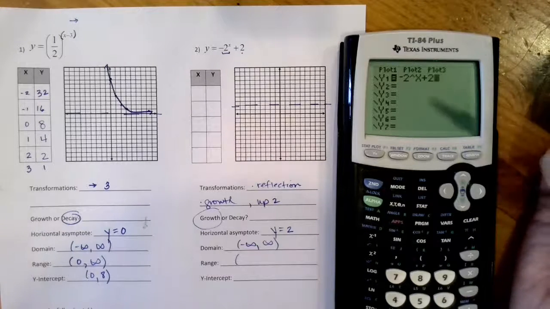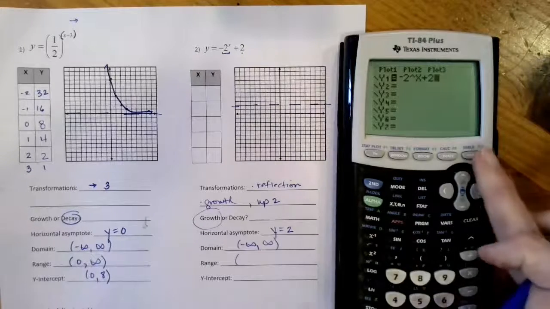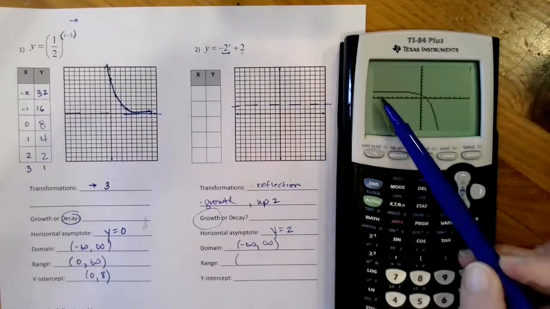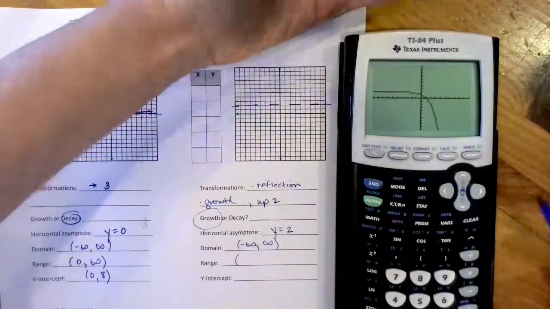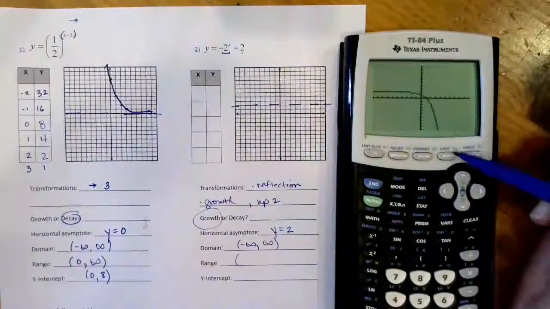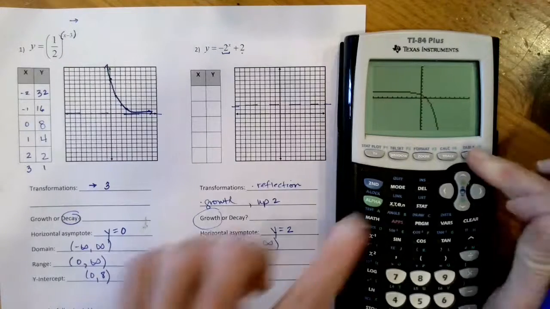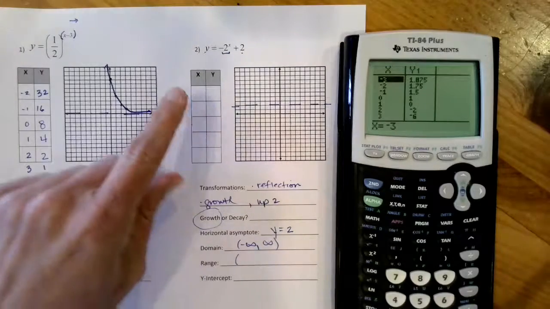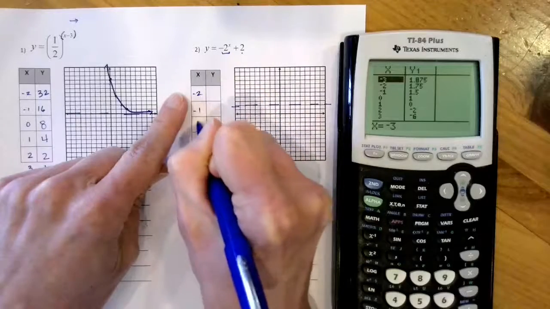So if you have a newer model calculator, you have to arrow out because that plus 2 needs to be down, and you need to see what looks like an exponential growth graph flipped, because it's still growth, it's growing away. That's what that negative sign does to my outputs. All right, so when I go ahead and enter my values on my table,